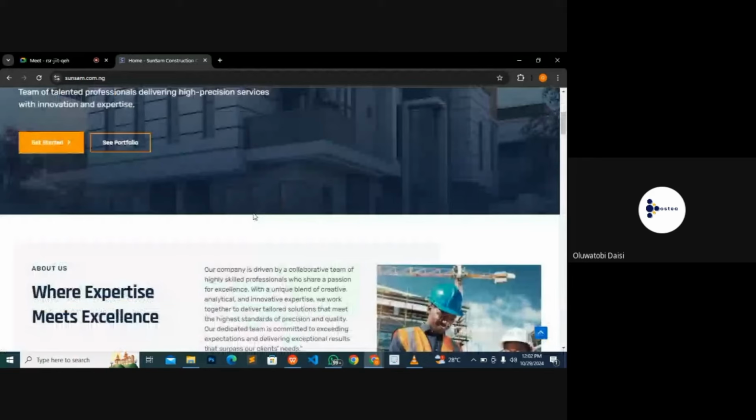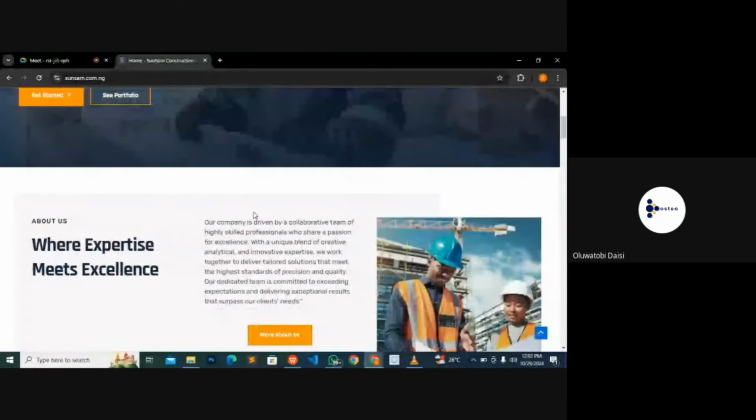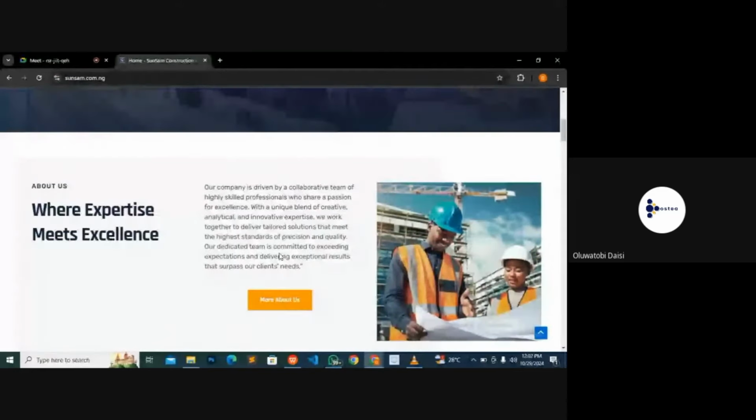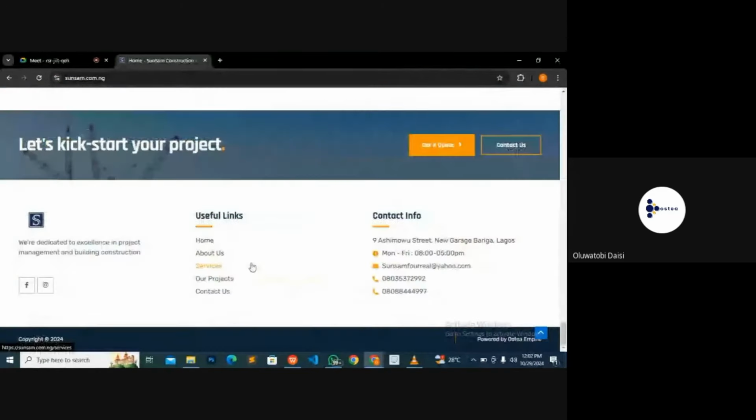All right. Immediately after your hero section, the other part of your website is called your website body. This aspect is part of the website body. Now this is the last part of your website. From this very white area to this blue area again is called your footer. From the word foot, F-O-O-T-E-R, this is your footer. It's the last part of your website.